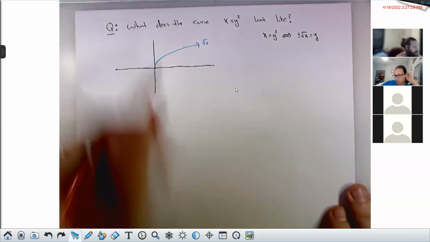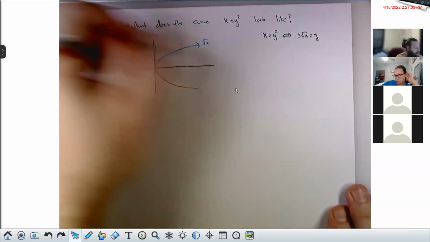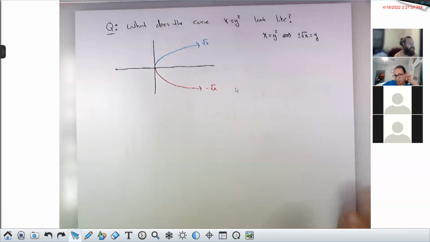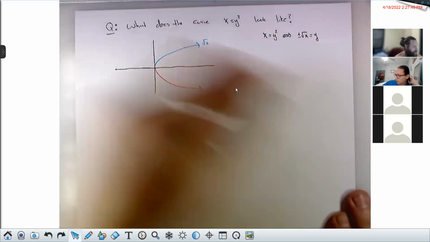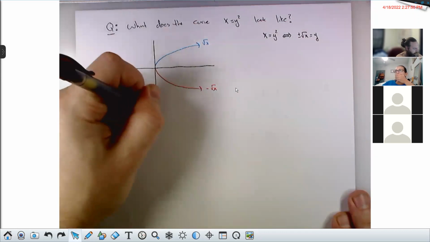Negative square root x is just this. So together you get a sideways opening parabola, right? Together, these are